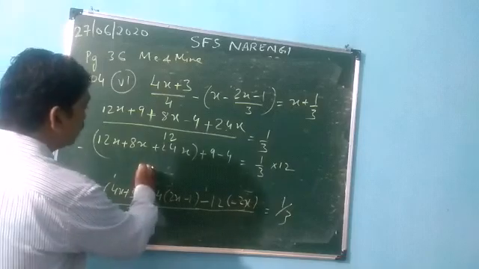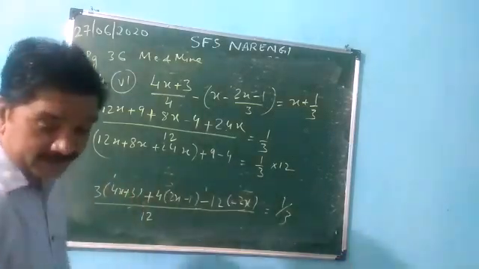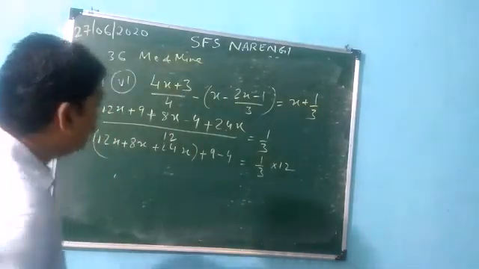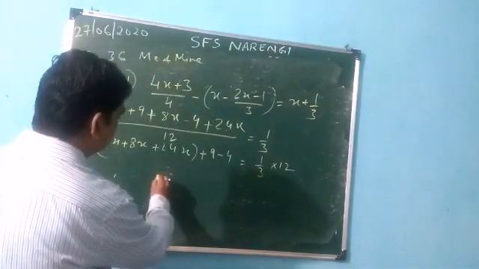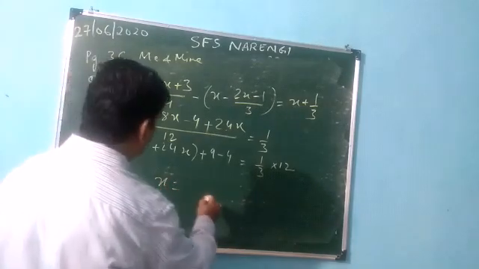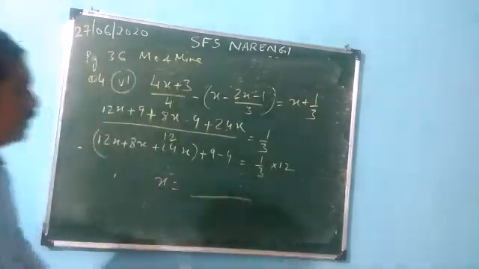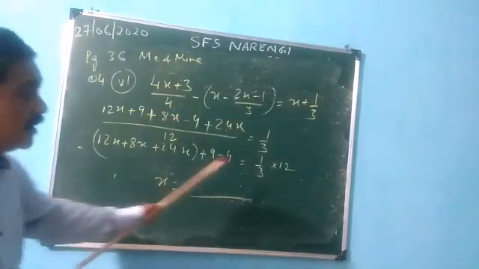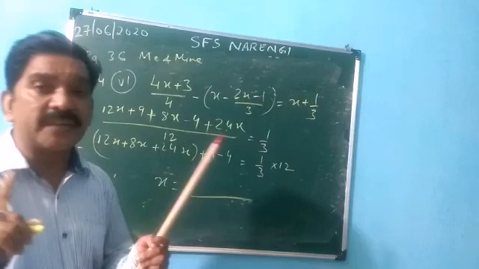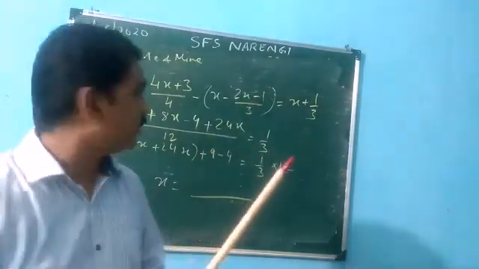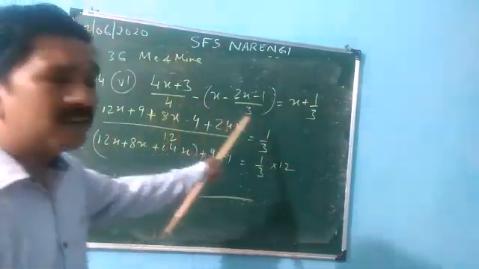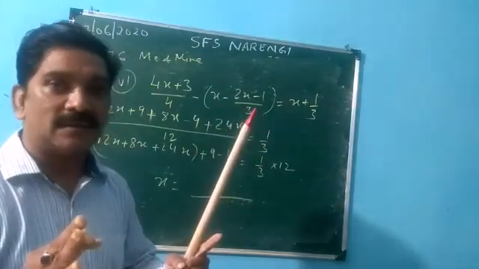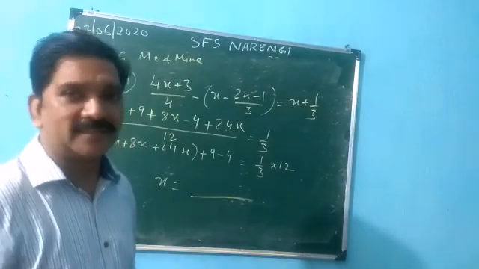Now you get the value of x from here. So half I did for you, half you try yourself. How to get the value of x from here? Now I think you can do it. So I made the equation very simple, and you solve this. Whenever you have a complicated equation, it might look very complicated. So first you make it simple, and then get the value of x. Okay?